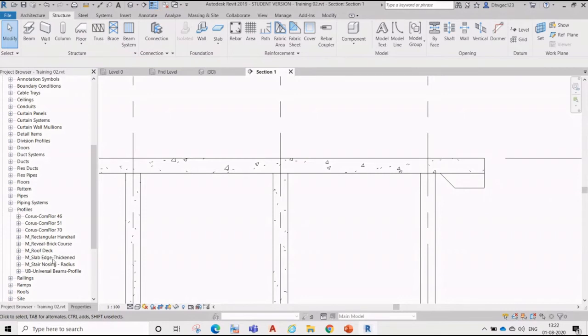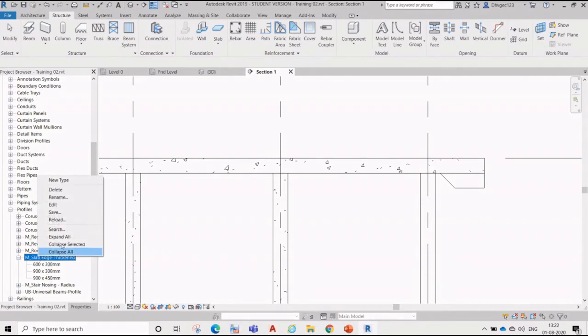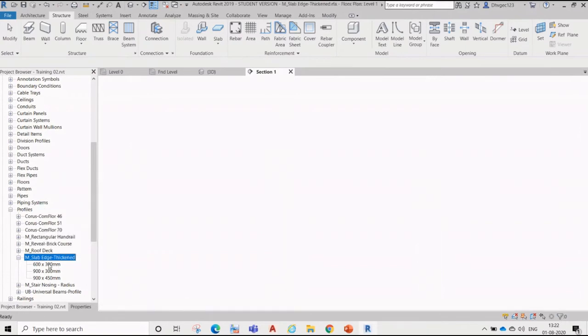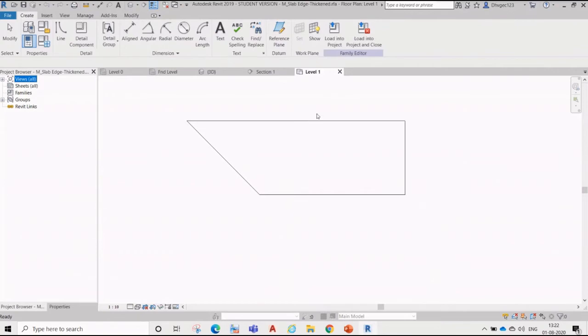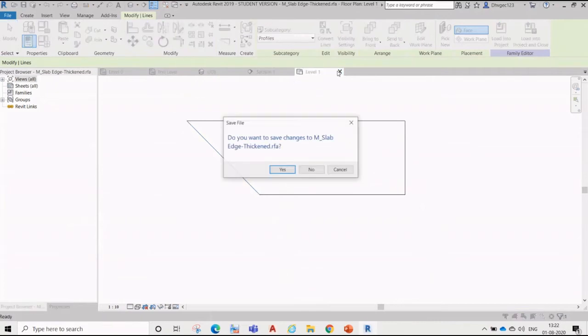Okay, so you can see here slab edging. You can see here all the defined ones, so you can just right click and create duplicate, and then you can edit it, or you can go here and you will see the edit tool, right? And here whatever shape you want in your new shape type, you can define it.